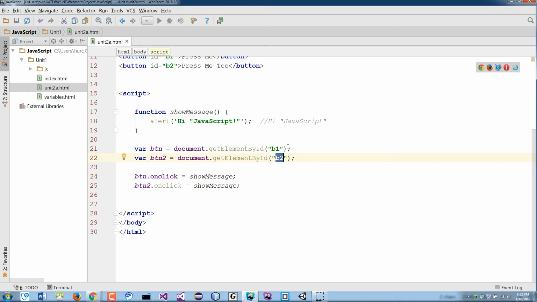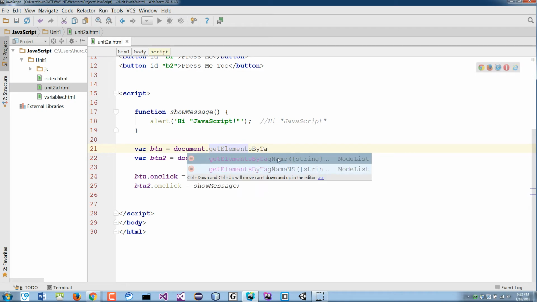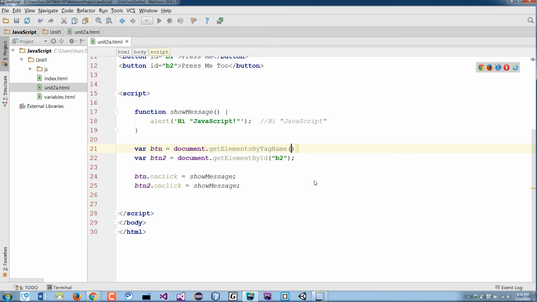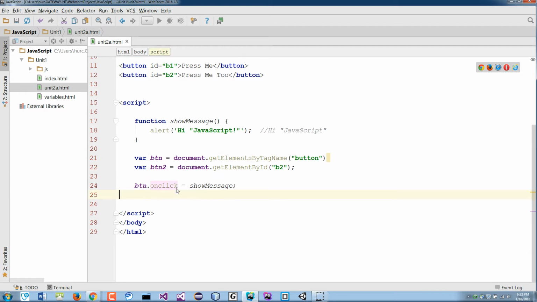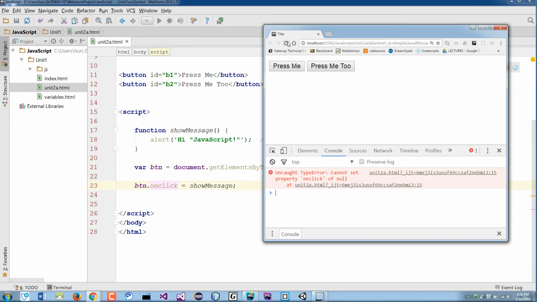Let me show really quick here. Let's just say by tag, you can see, tag name, and the name is button. That means that all the buttons should work. So I save that. You'll see that I didn't specify btn1 or 2 or whatever, just one line each. And if I save it and refresh,